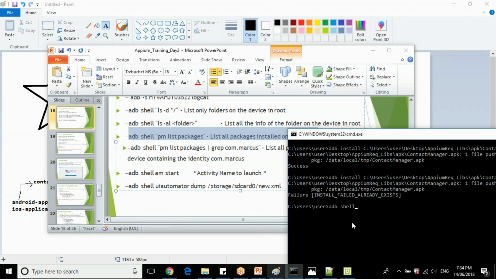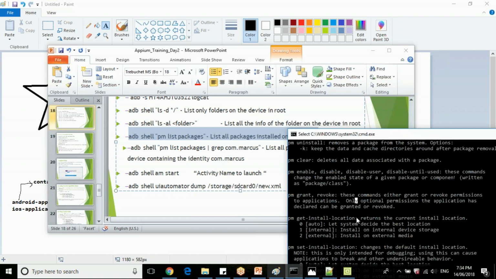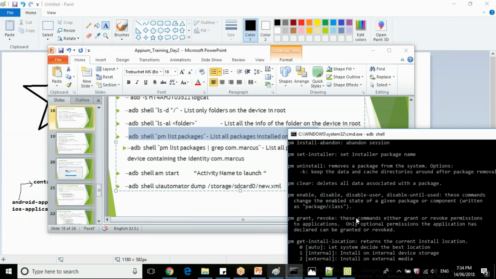Okay, let's enter into adb shell, then pm list packages.